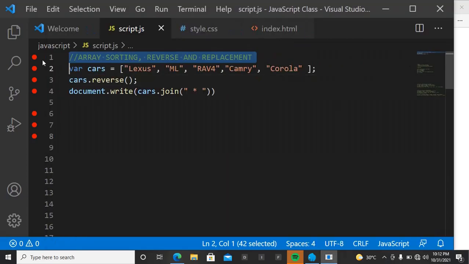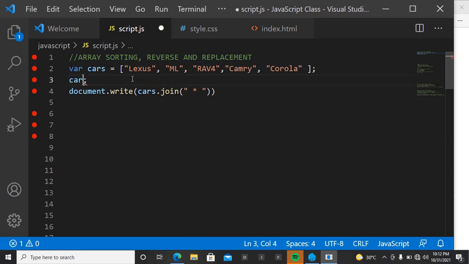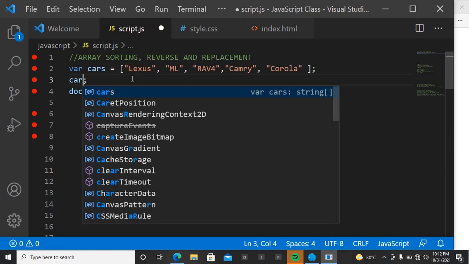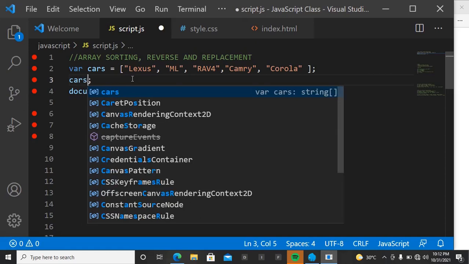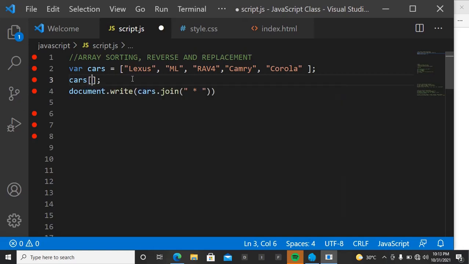Another thing we can also do is we can replace any of these elements with another element. So how do we achieve this? Then you call your array, cars, you declare your parameter, and then you put the index you want to change. Let's say we want to change ML, so that is index 1. We want to replace it with another name of car,